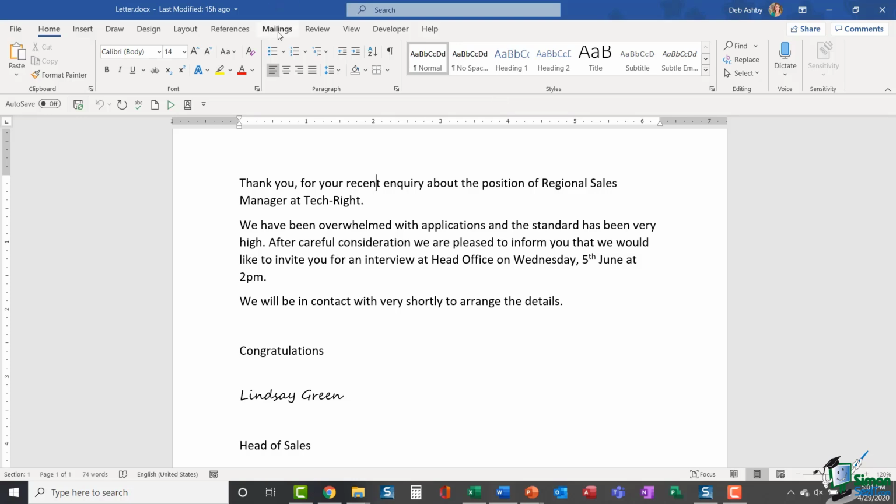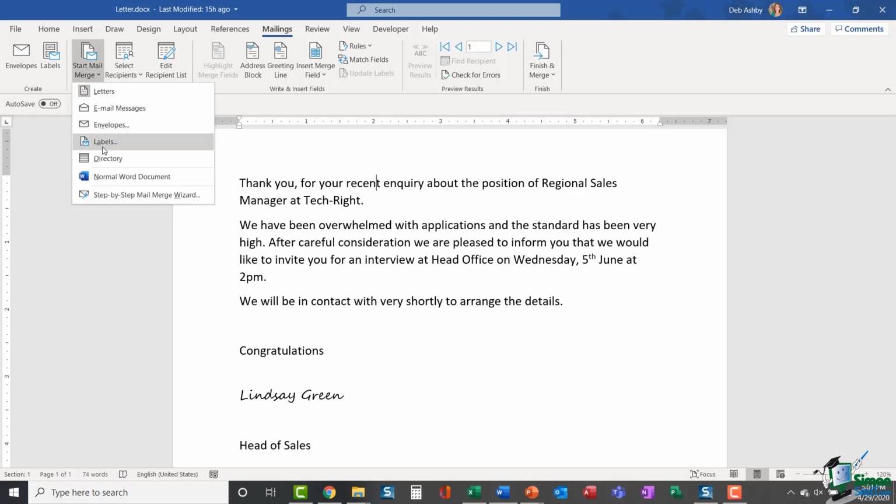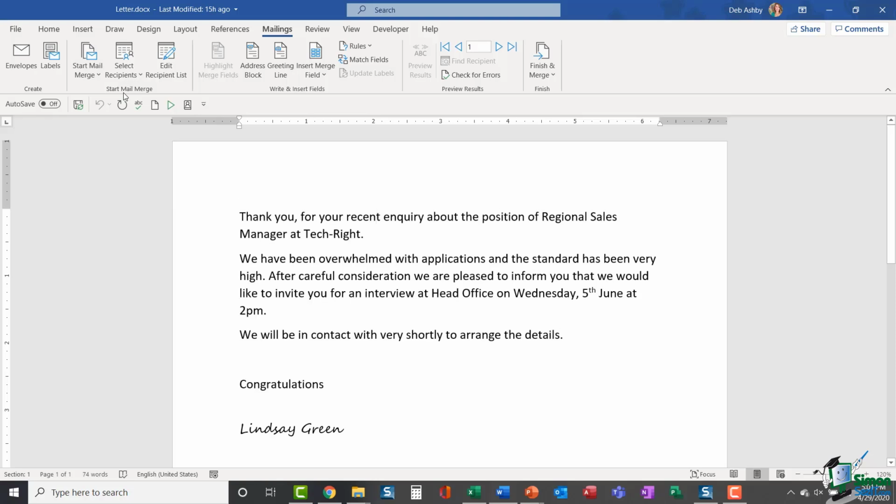I'm going to jump up to this Mailings ribbon at the top, and you'll see that we have a group called Start Mail Merge. And the first button in this group, I'm going to click it, and you can see there we have a choice. We need to select what we're merging. So I'm doing letters. Now, it looks like nothing has actually happened, which is essentially correct,